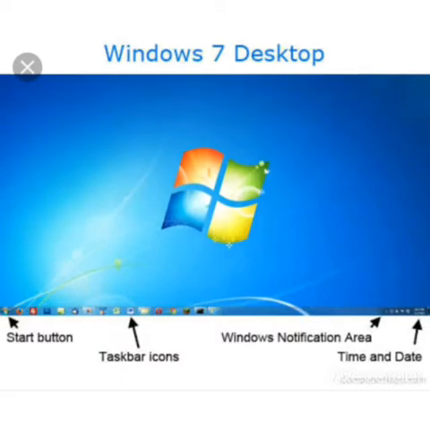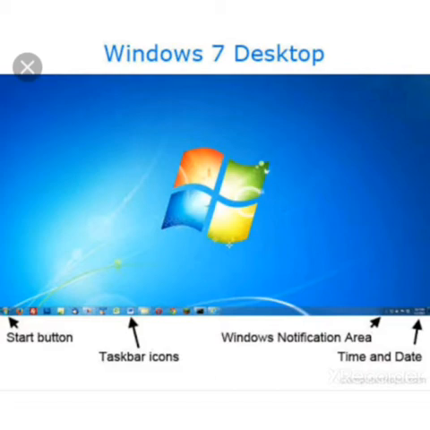Taskbar. The long horizontal bar present at the bottom of the desktop computer screen is called the taskbar. It displays running programs or applications. The taskbar is divided into 4 parts: Start button, middle section, notification area, show desktop. The first one is Start button.